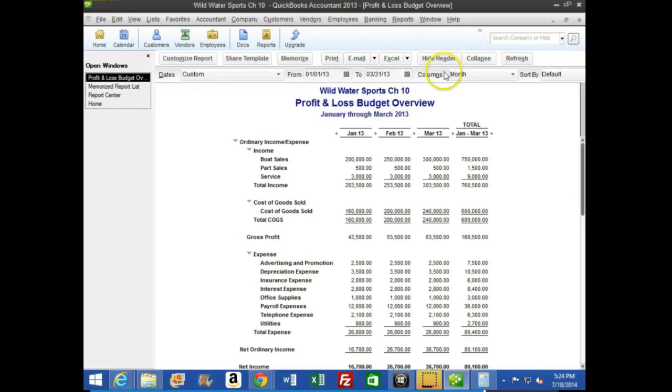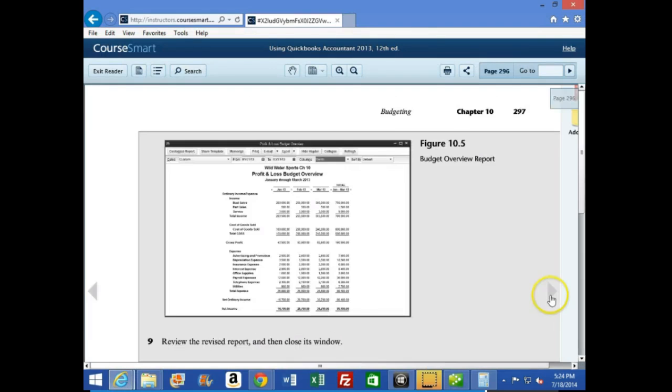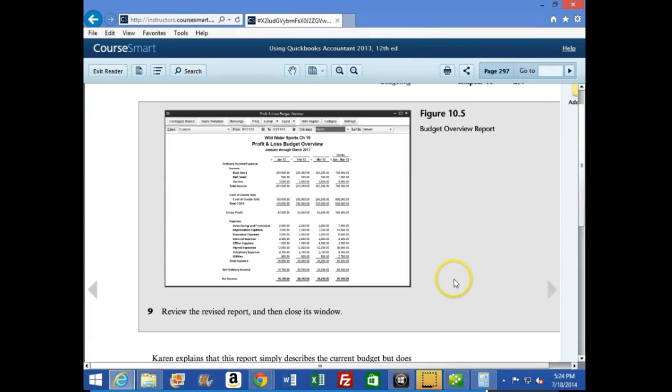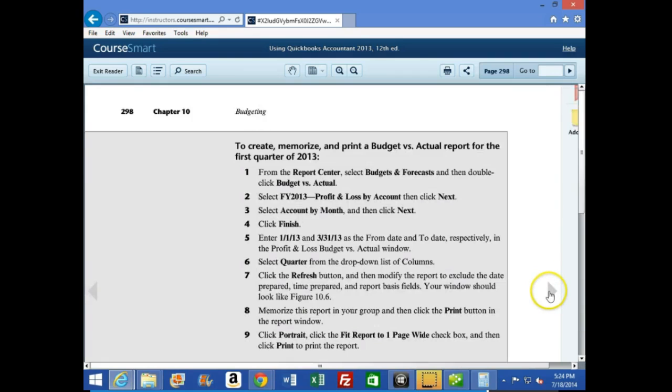All right, moving along, turning the page to the next page. I believe we're good there, and let's go to page 299 or 298,